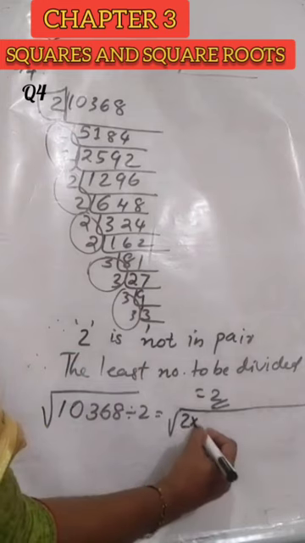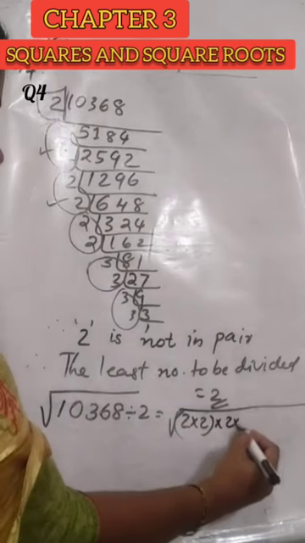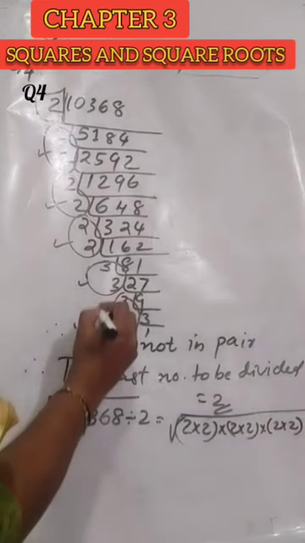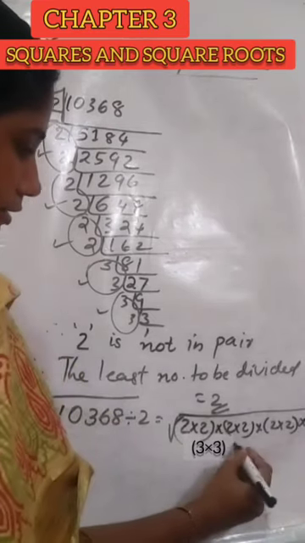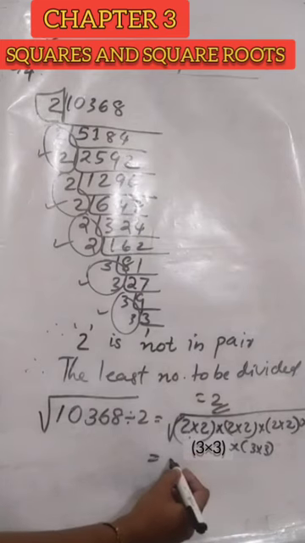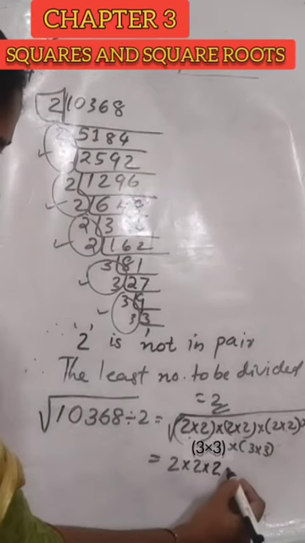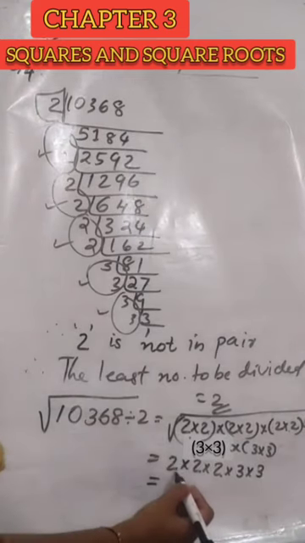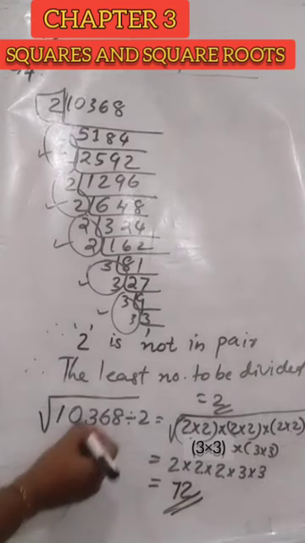Take the other numbers. You can see 2 in one pair and again one more. And you can see the third pair of 2 here. And you can see the pair of 3 also. 3 into 3, again 3 into 3. Take the square root of this. 2 into 2 is 4. The square root of 4 is 2. Again 2. And from this pair also one more 2. And 2 3s you can write. Okay, therefore the product is 8 into 9, 72, which is the square root of the required number.